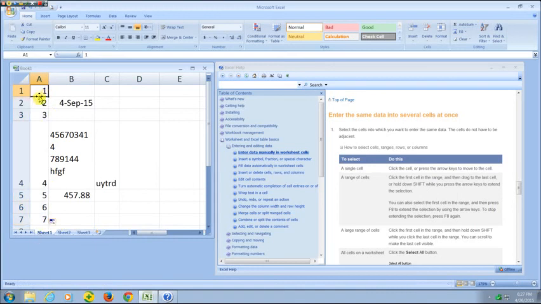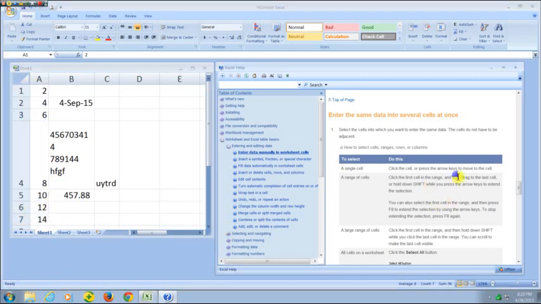Suppose I start from 3 and 4, and I drag from 3 4, it will come 3 4 5 6 7. Suppose 2 4, suppose this is the 2 4, I drag it, then 2 4 6 8 10 12, like that the series will be coming, and you can drag the last cell